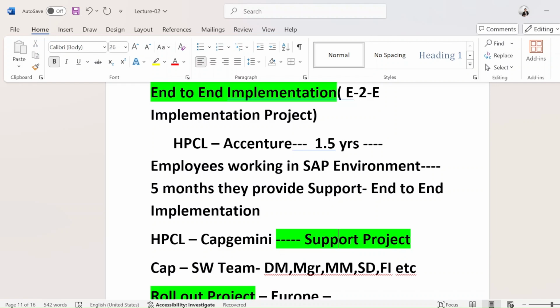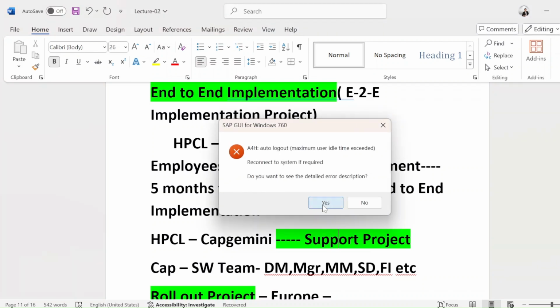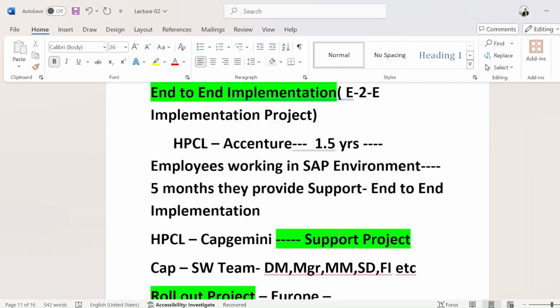Then who is going to support that? Because end users don't have much knowledge. Earlier they were using Oracle for their day-to-day activities, now they are going to use SAP. They don't have much configurational knowledge. They just know how to create a PO. That training is also done by the consultants. They will provide training for them, like 4 weeks or 1 month of training, and they are good to go. But they must have someone who can support them. So companies have to go for a support project after implementation.